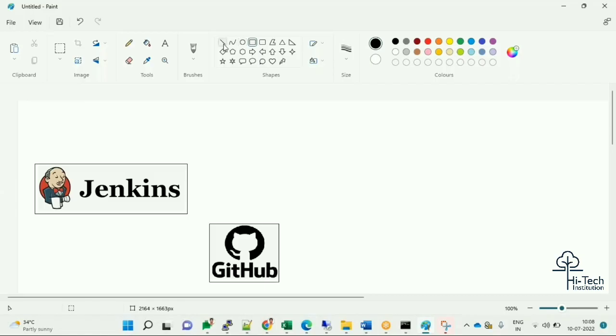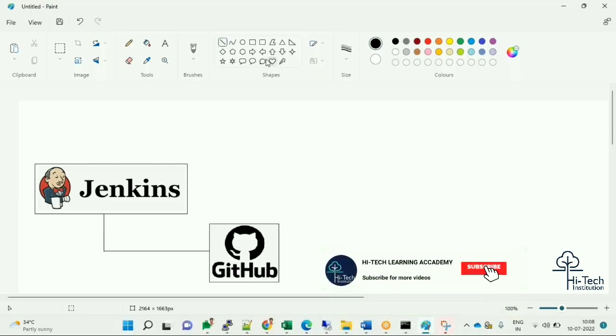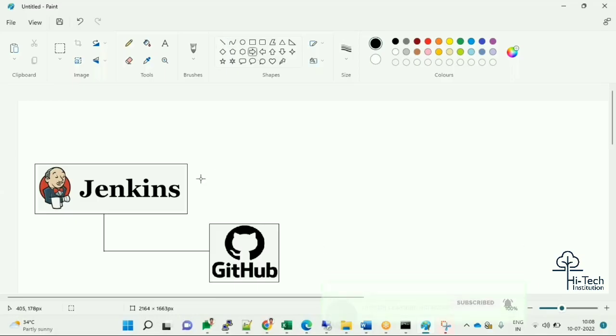Once the source code has been taken from here, what I will do, I'm just going to make two pipelines basically. Okay, my first pipeline is